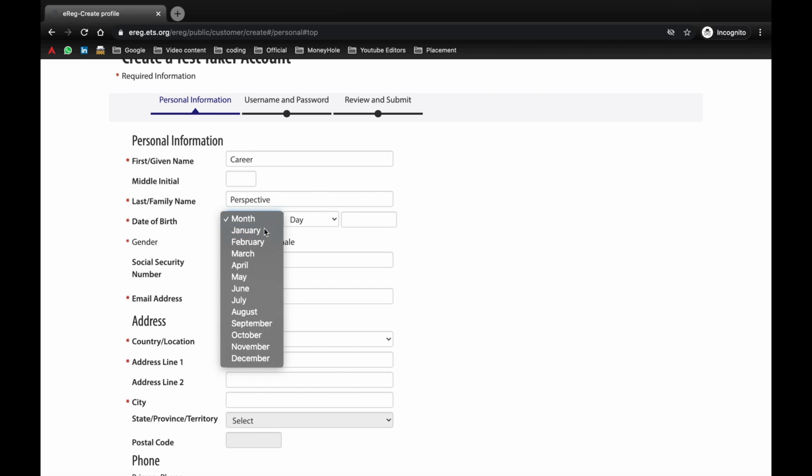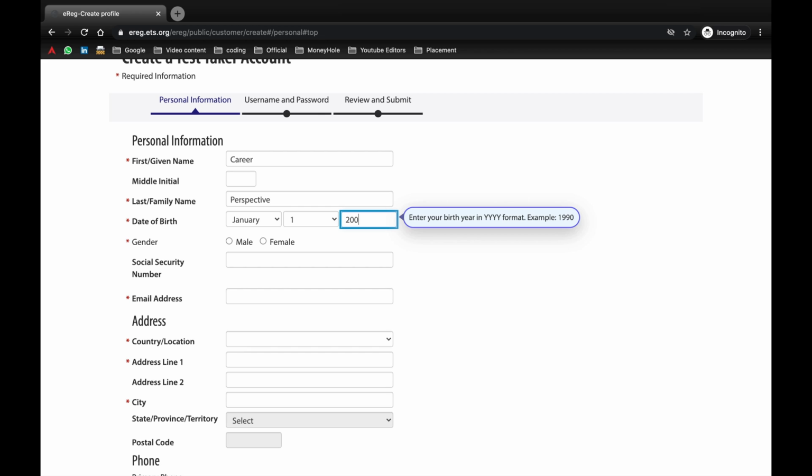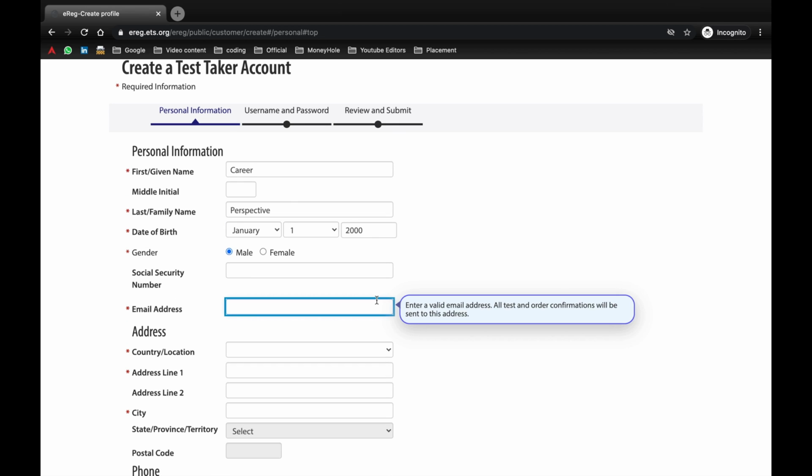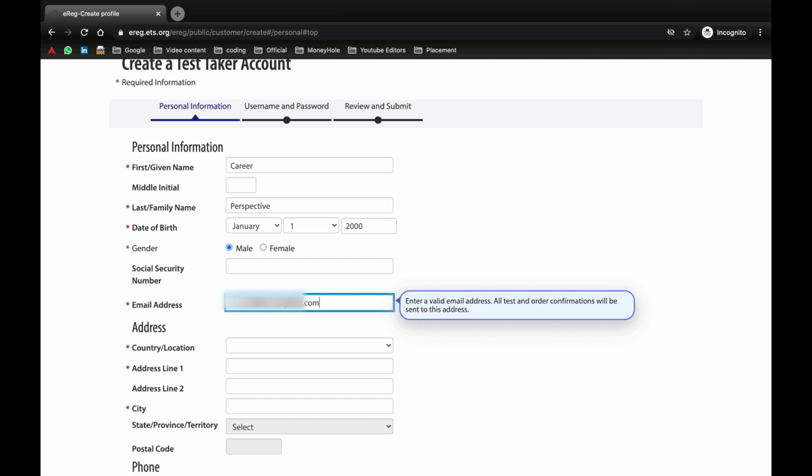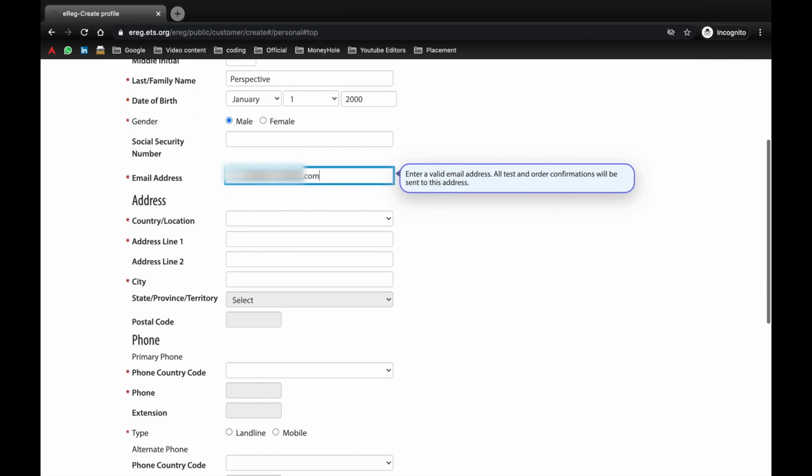Let me select a random date of birth. Now, as I said, give your email ID that you have access to. I will be giving the email ID of my channel. Once you scroll down, you can fill in the address as per your passport.